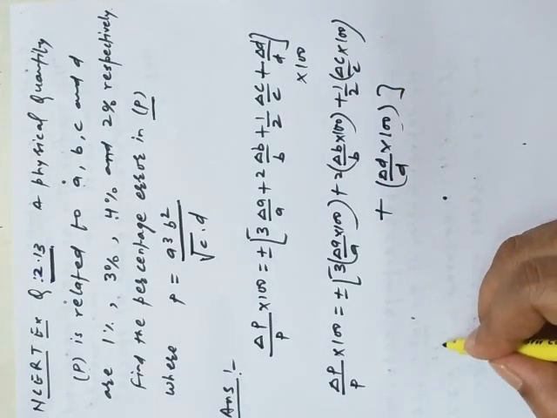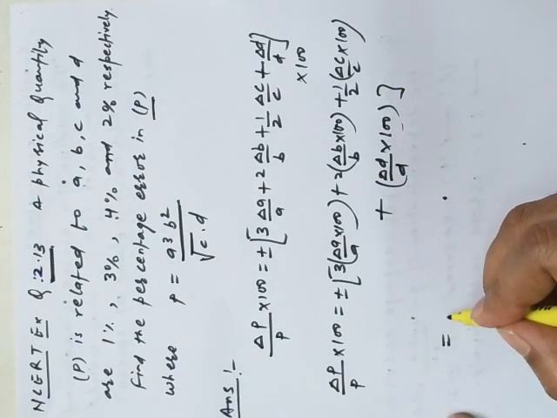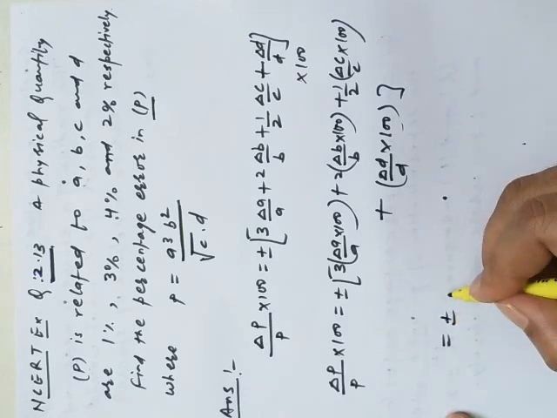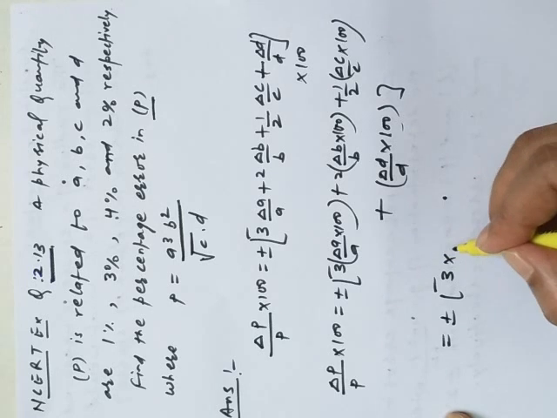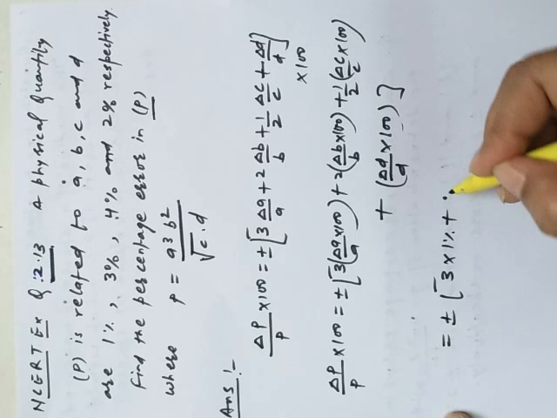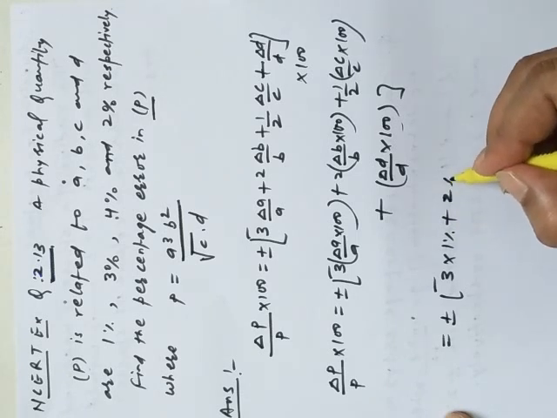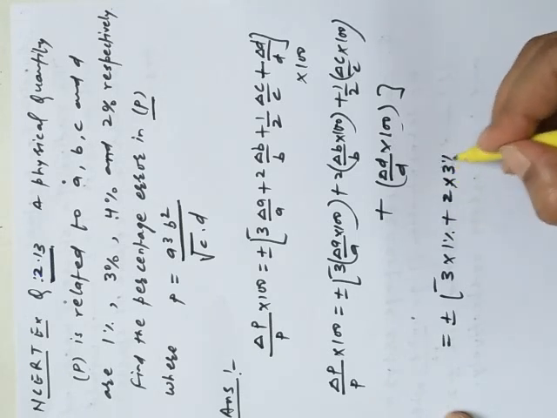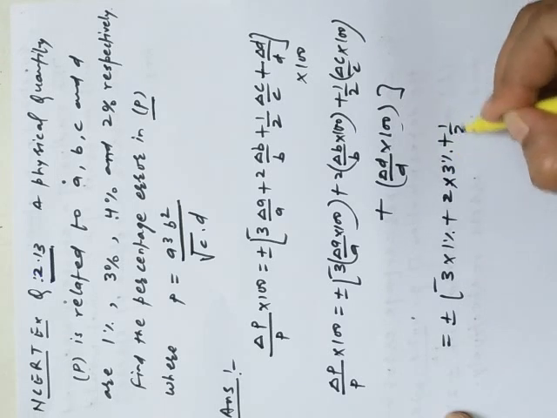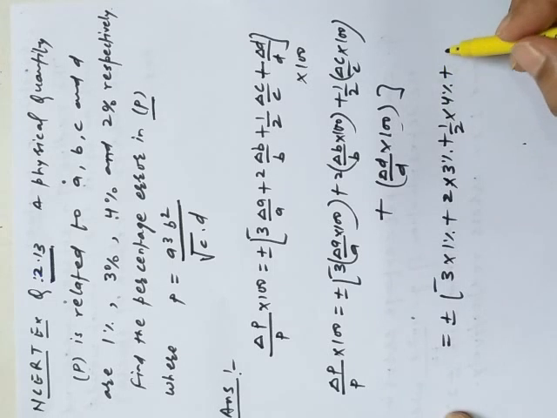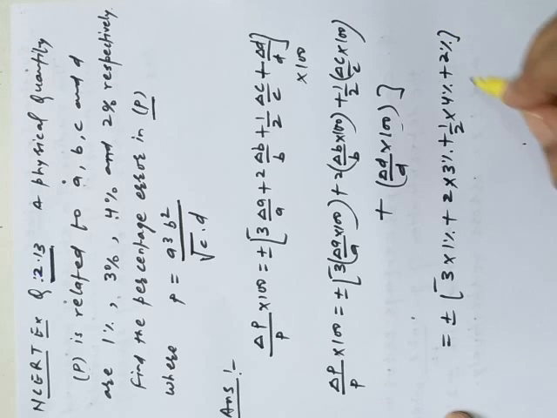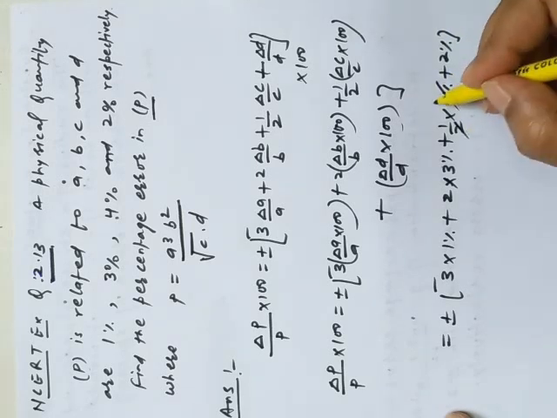So we can substitute the meaning of the percentage error in the following quantities: plus minus, in the bracket, delta A upon A, that is 1%. So whenever we are multiplying it, 1%, it will be 2 into 3% plus 1 upon 2 into 4% plus delta D upon D, which is the percentage, 2%. So we are just resolving it, cancelling it, so it will make the meaning of the 2%.